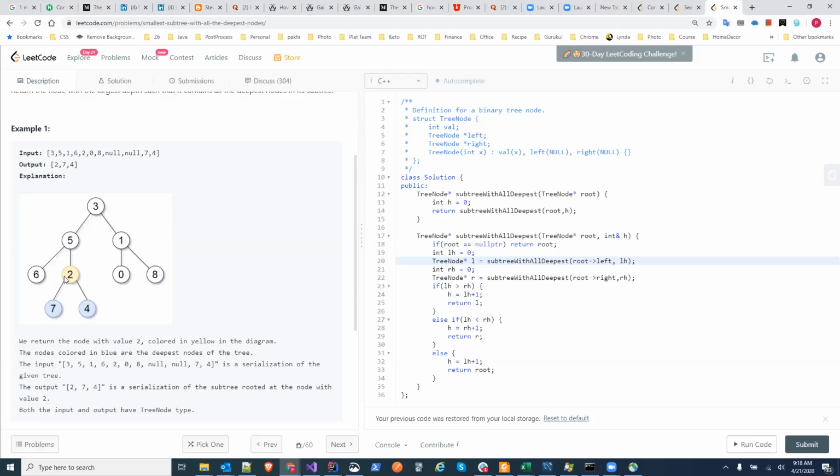When I'm at 2, it will return the height of 2 and the node which may be the answer. At 5, I'll make the decision recursively. I'll check what the left height is, what the right height is, and the tree which has the biggest height, I will return that as my answer to the previous level. Recursively I'm doing this, and at the end it will return the final node.